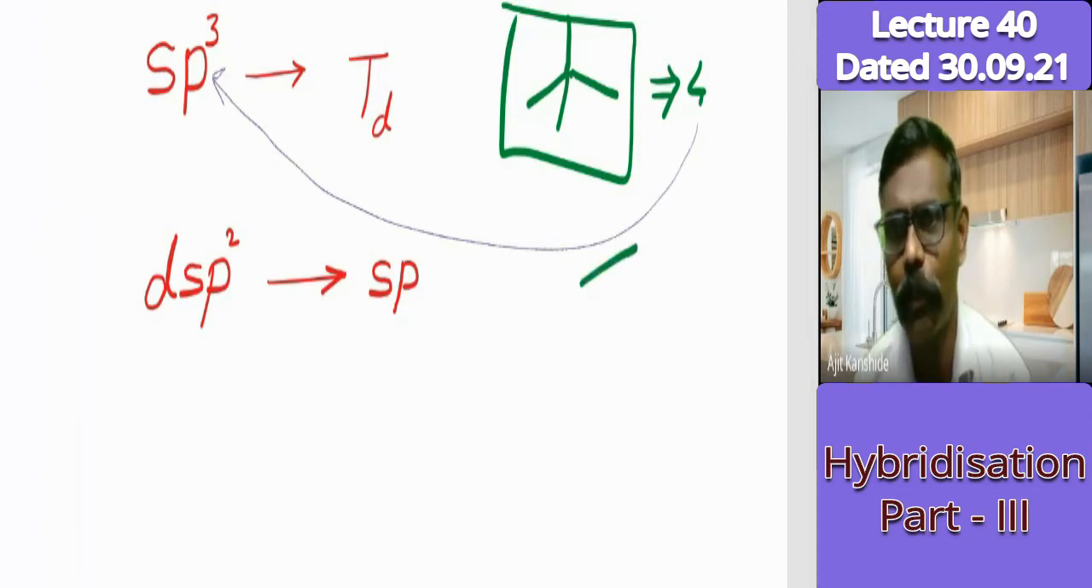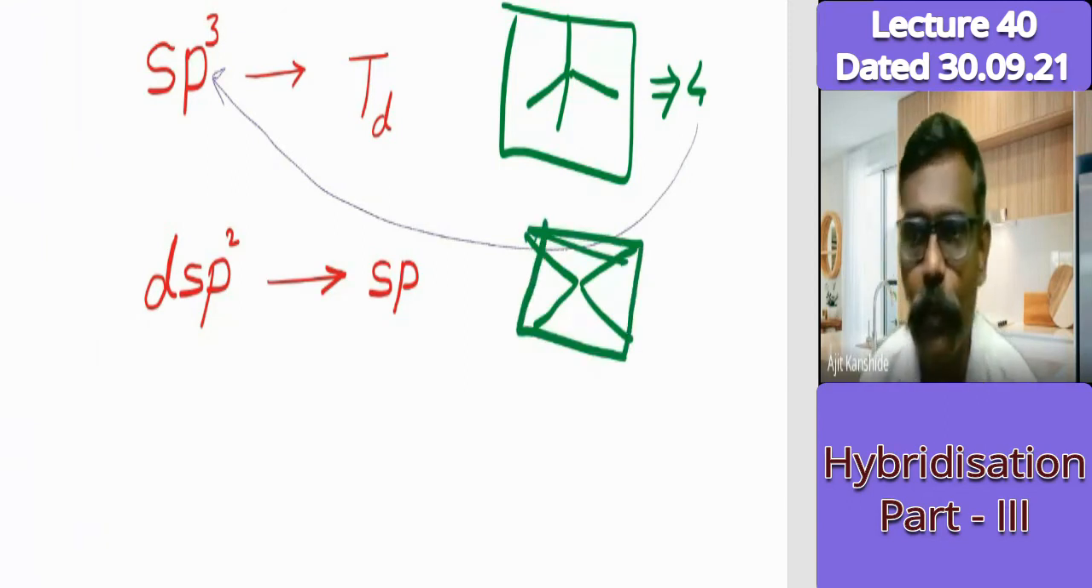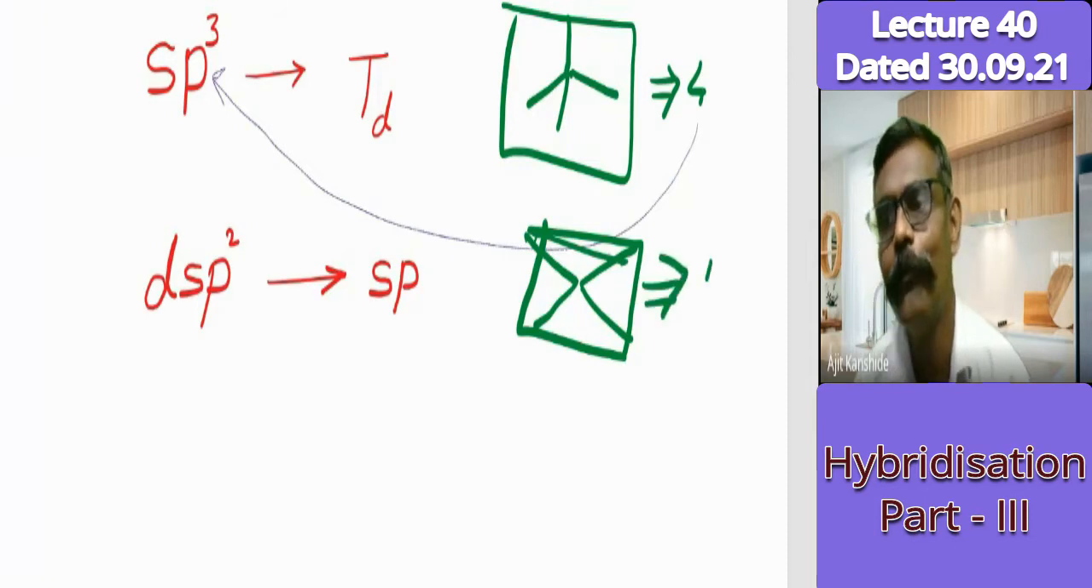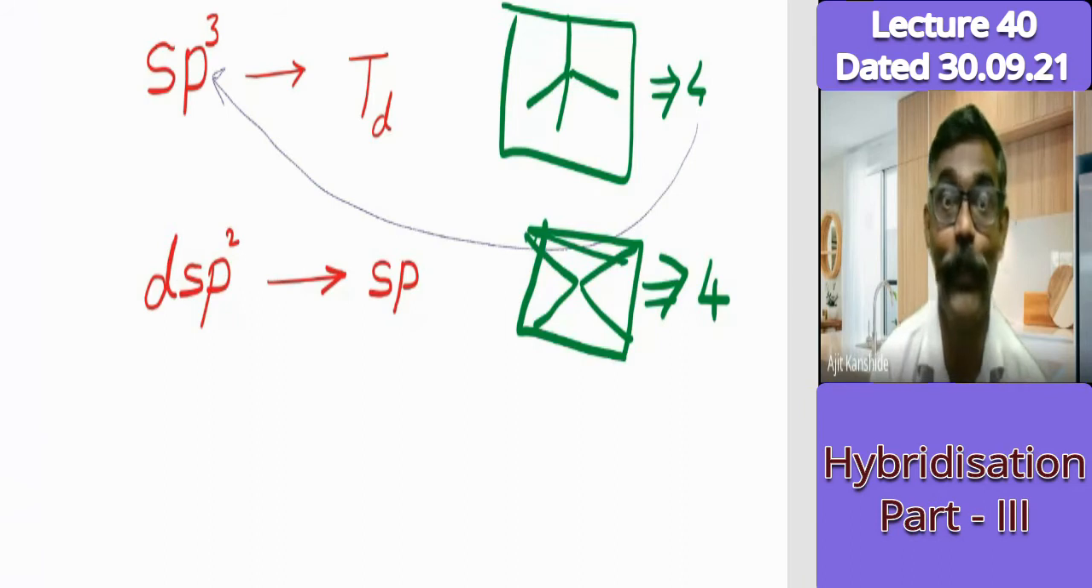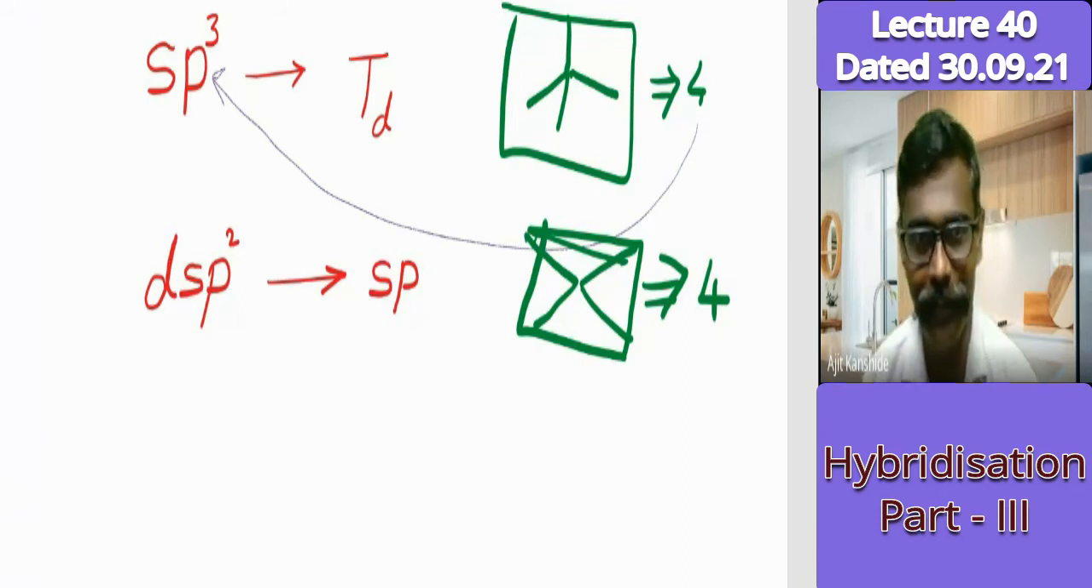1 bond at the corner of one square, second bond, third bond, and fourth bond. So likewise, a square arrangement you have to understand for dsp2 hybridization. Here also 4 bonds are there. In addition to that, to your surprise, which portion is not covered generally, one more hybridization is possible, that is